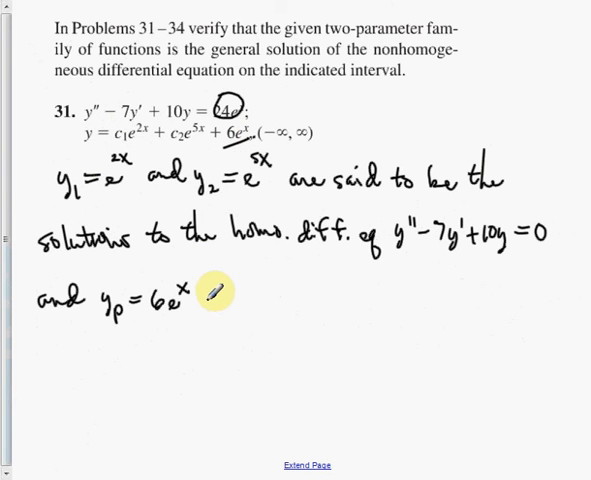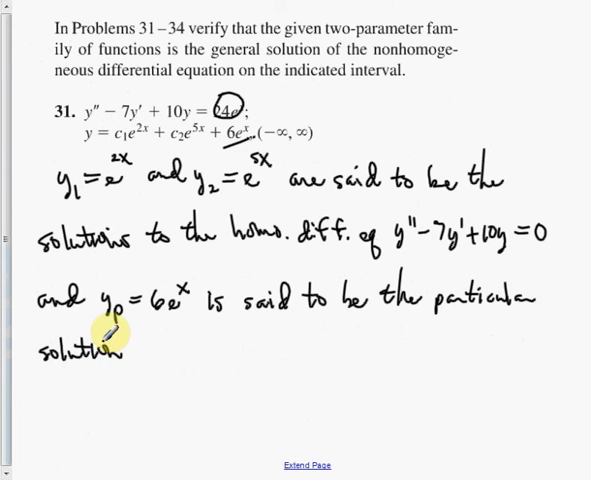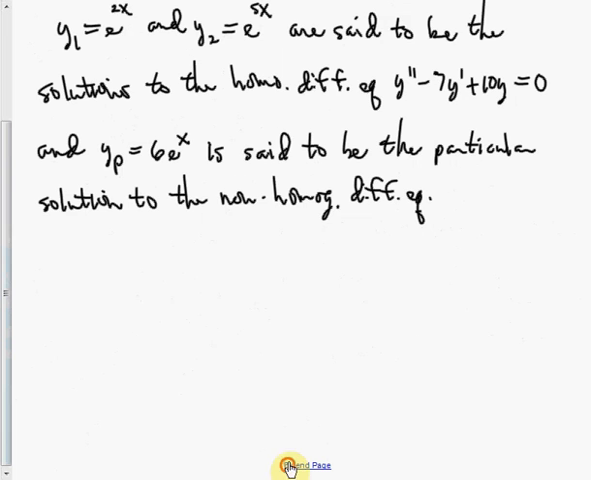And y sub p is said to be the particular solution to the non-homogeneous differential equation. That's what that sub p stands for, particular. So one, we verify